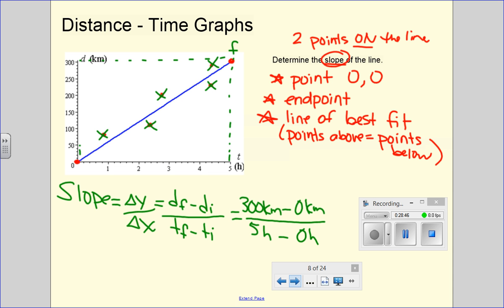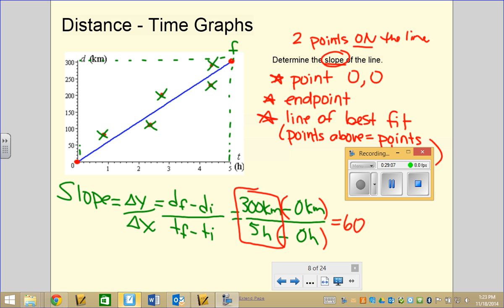So when you are subtracting 0 from something, you are not actually changing the value. So remember, kind of like I'm doing nothing over here. I am essentially doing 300 divided by 5. That means that my answer